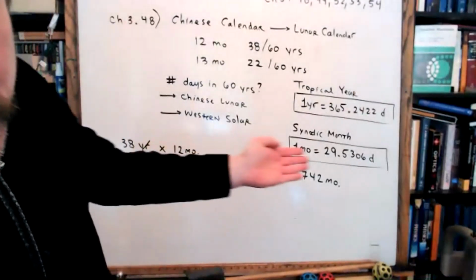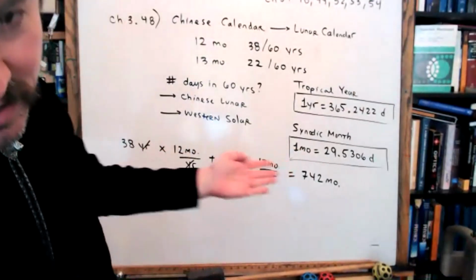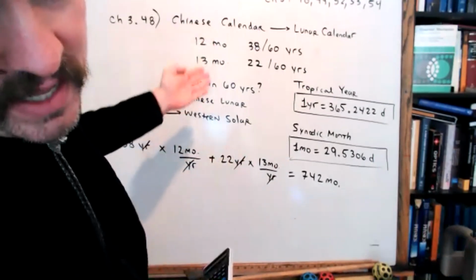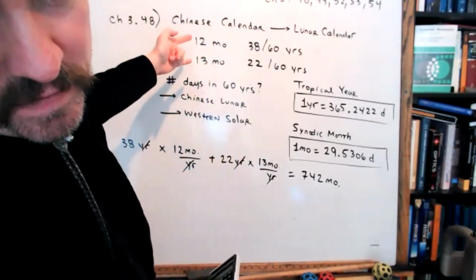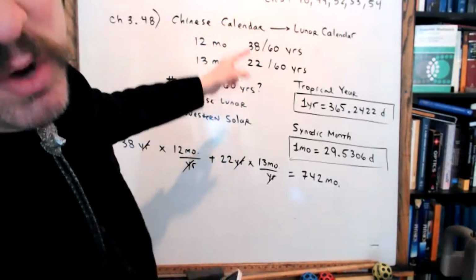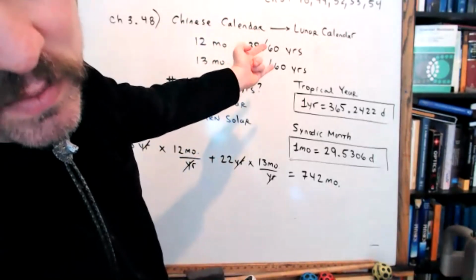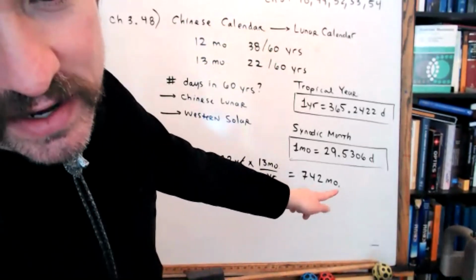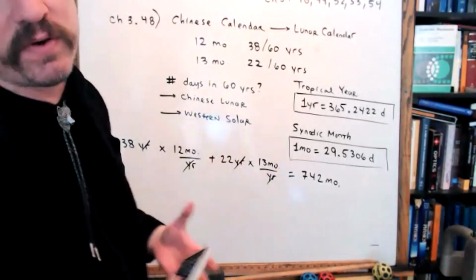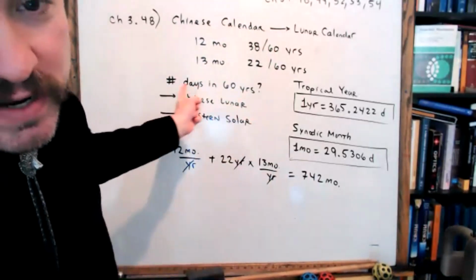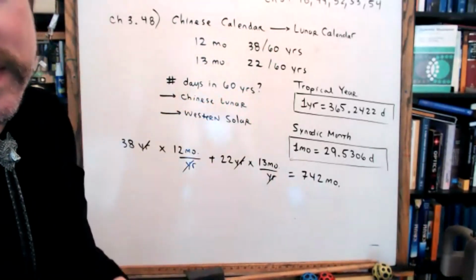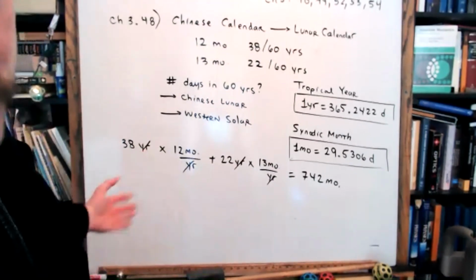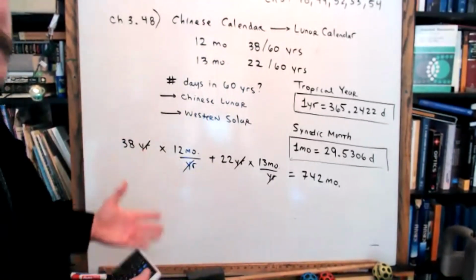So where we just tuned in, me and Ian converted the number of months, and we figured out how many months there are in a 60-year period. We discovered that in a 60-year period, there are 742 months. Now I'm trying to find the number of days in those 60 years, so I'm converting months to days. Step 1 is write down the number to convert with its units. So what should I write down?